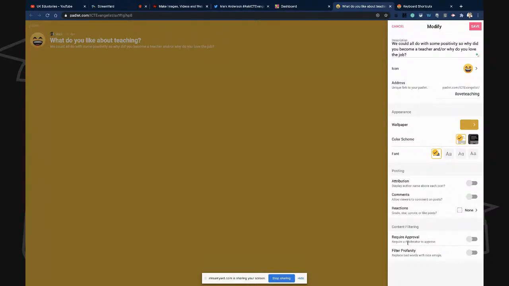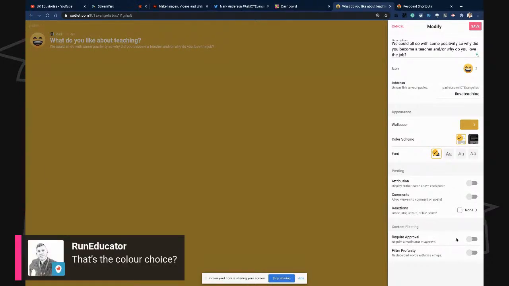You can also turn on content filtering, so you can require approvals. If you're working with students and you're a bit unsure about whether or not they're going to be good students and put sensible things onto the actual Padlet wall, you can also do that. And something that I do recommend is to filter profanity. So it replaces naughty words with nice emojis instead. So if somebody was to put something a bit naughty in there, it will put a little emoji in there instead. So if I hit save now, Bukky, you'll notice straight away at the top here that the URL has